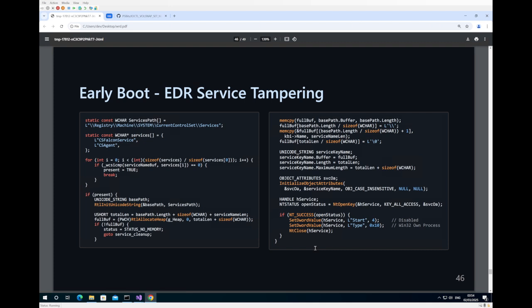So, for example, to look at what it looked like with tampering with CrowdStrike's services, we can modify the CS Falcon and CS Agent service entries, and we can change the start key and the type key to disabled and Win32 own process. This works to disable both their services and their kernel drivers, and it prevents them from being loaded. The other option, as some of you may remember, is to just delete the CS Falcon service executable